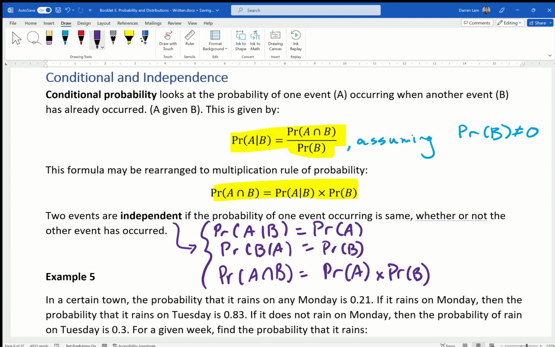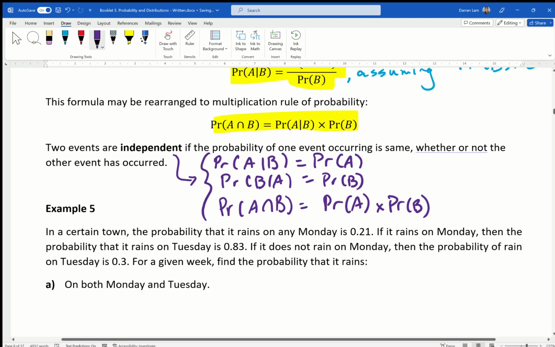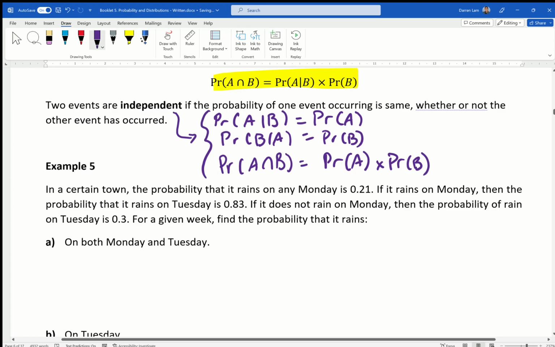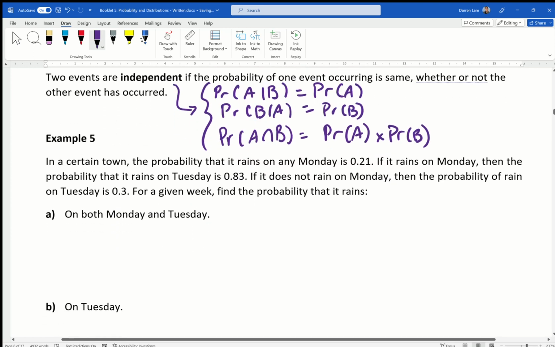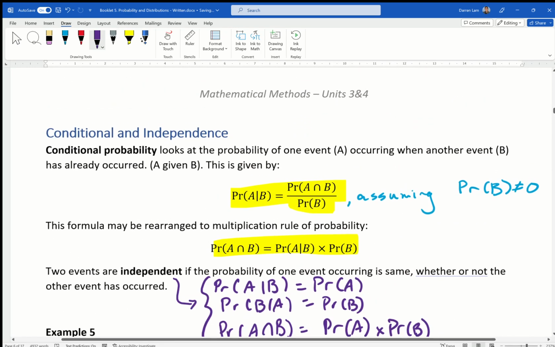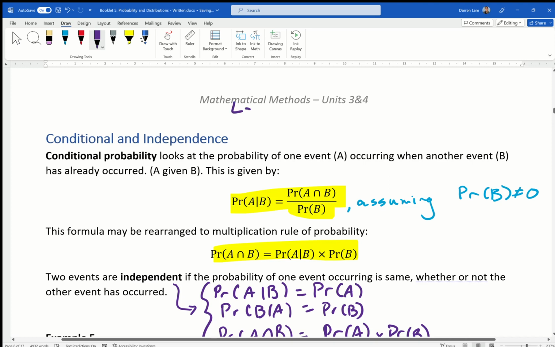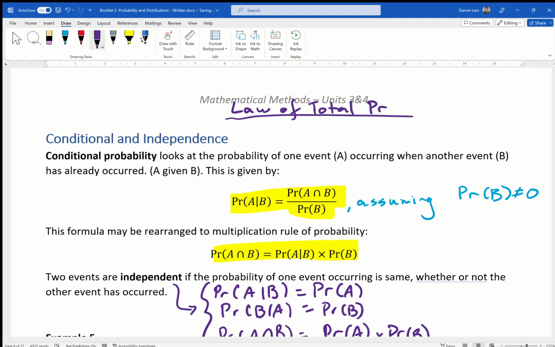Great. You know what, I'm going to add one more formula. It's not related to independence. I just want to clarify that. I will write it at the top. It's called the law of total probability. You do not need to know the name. That is not relevant. What you do need to know is that the probability of A equals the probability of